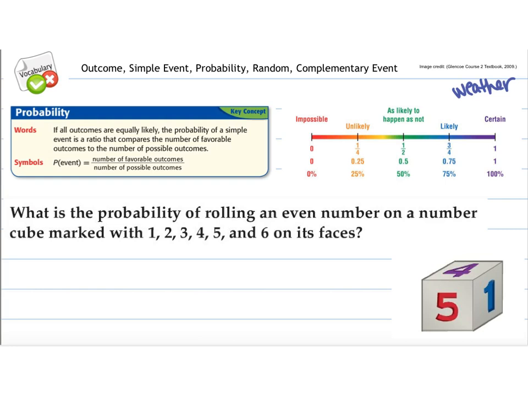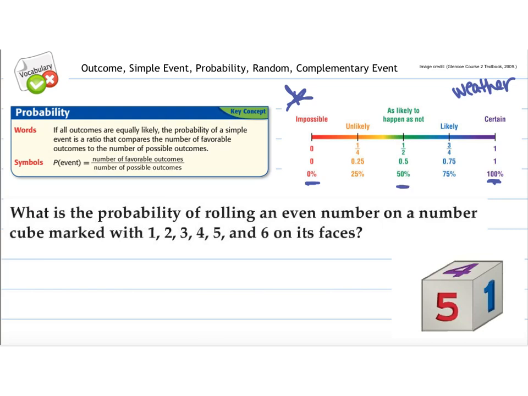When talking about probability, what you are talking about is the likelihood that something will happen. That's it. One way that you can think about probability in your real world is weather, right? We think about there's a blank % chance of raining. Well, is it likely or unlikely to rain? So this chart is going to be super helpful in determining, is it certain to happen? Is it 100%? Is it impossible, 0%, and then in between?